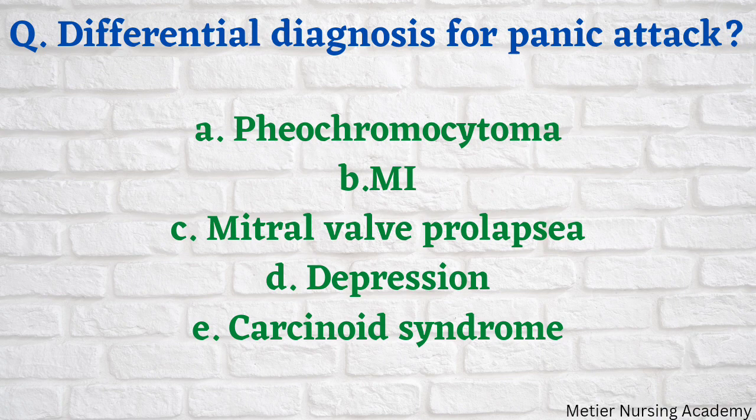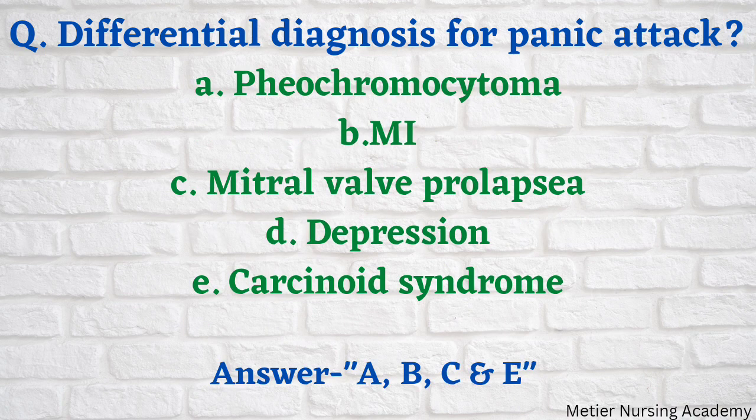Differential diagnosis of panic disorder. This question was asked in PGI June 2004. Here they have given 5 options: pheochromocytoma, myocardial infarction, mitral valve prolapse, depression, carcinoid syndrome. And here the right answer is options A, B, C and E: pheochromocytoma, myocardial infarction, mitral valve prolapse, carcinoid syndrome. All these 4 are correct answers